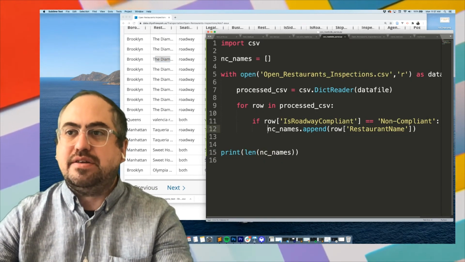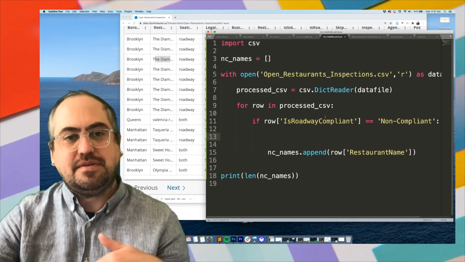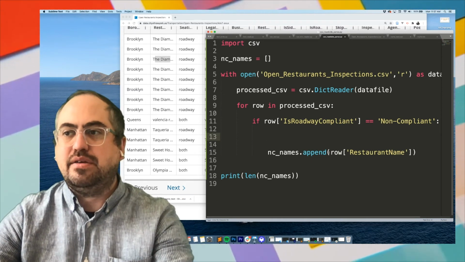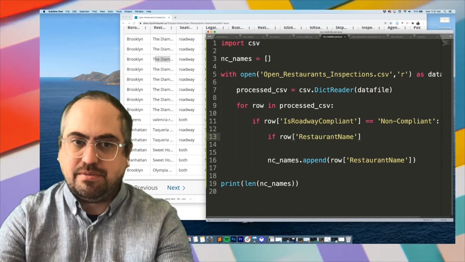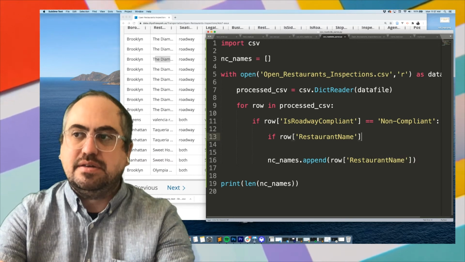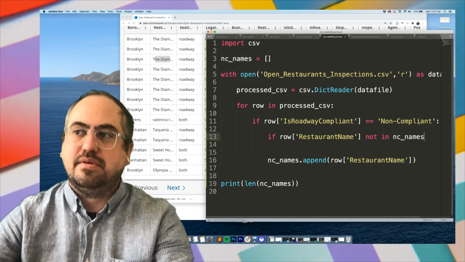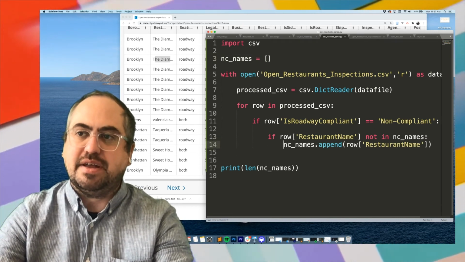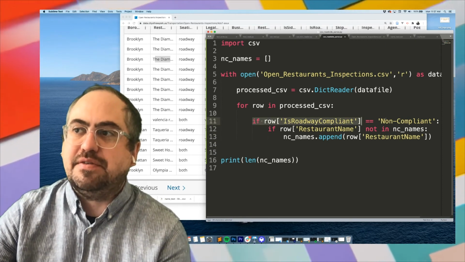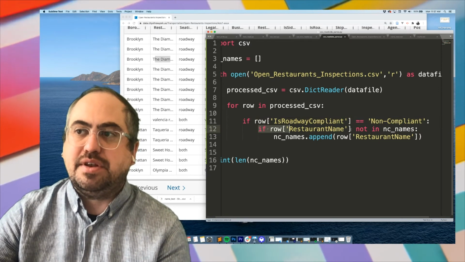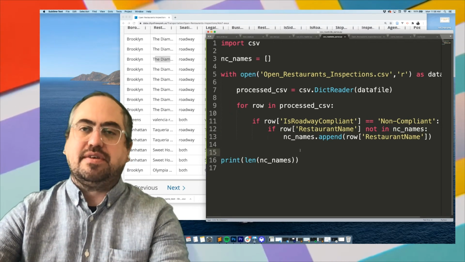So what we can do is actually add another if statement here. It's going to get to this point because yes, it's non-compliant, but then we're going to test to see if this name is already in the list that we have made. So that's as simple as saying if the restaurant name for this row is not in NT names, then we have to indent it, add it, right? So we have 2 tests now. It says, okay, if it's non-compliant, and if the name that we're about to add is not already in the names, then add it. And so if we save this and run this again, we should see a